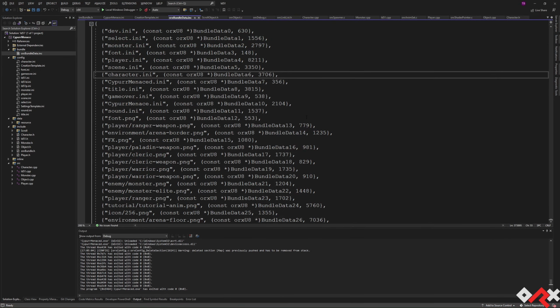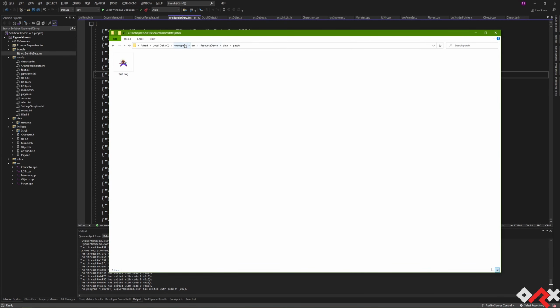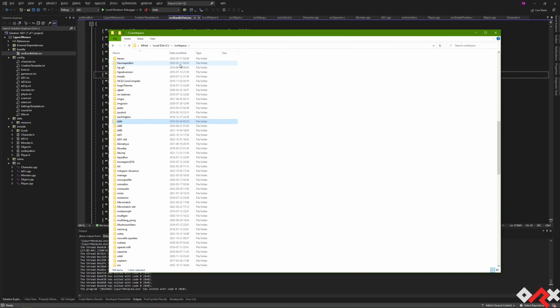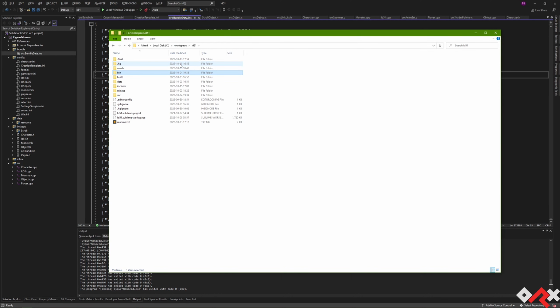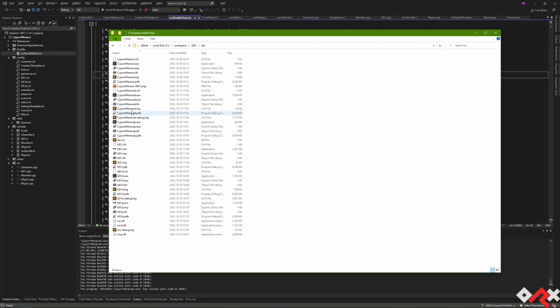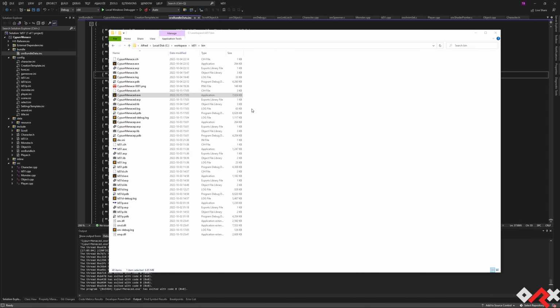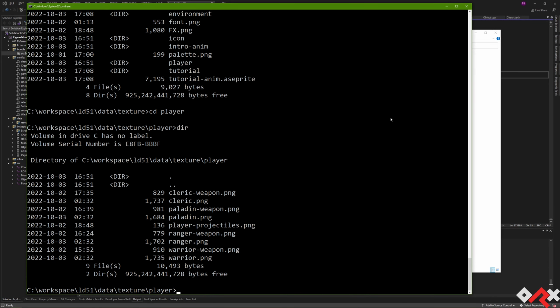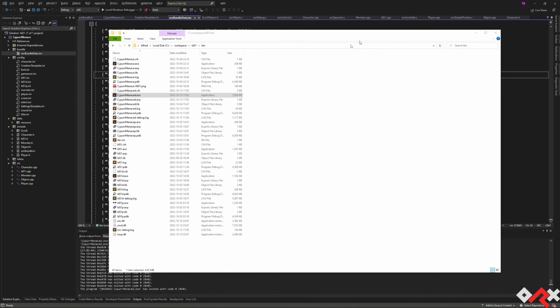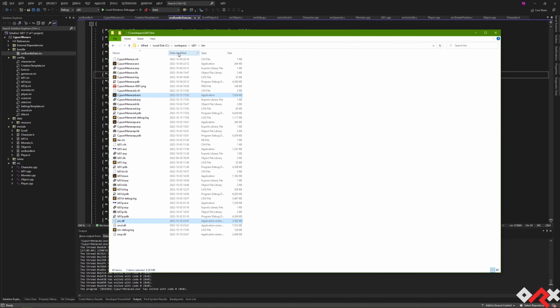The way to verify that it's actually what's happening here is just going to LD51, binary. You can see that our debug version, I could have done it with a release, but the fact that I used the debug was mostly so that we could see the log of the bundling inside the command line. So if I take the debug one and copy it with the org.dll somewhere else, completely like a dump,